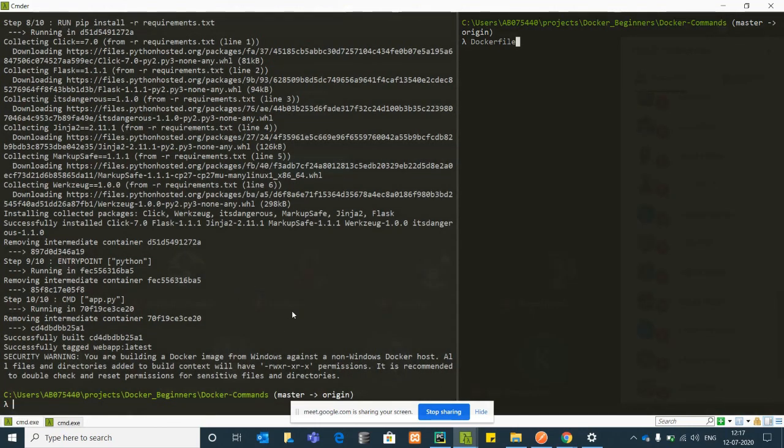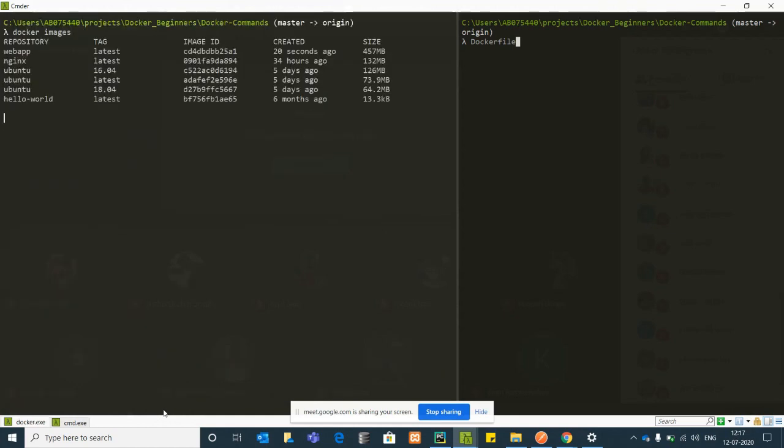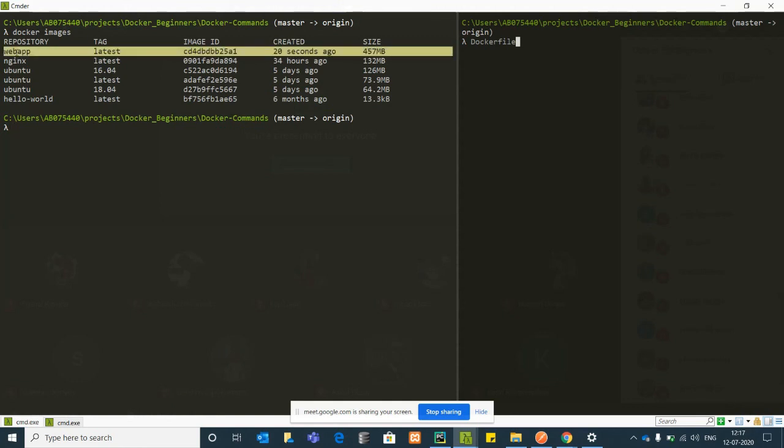Okay. Now I have built an image with the name web app latest, which is present in my local right now. Let me show you with docker images. You can see the web app image is generated. That is generated using the Docker file, and this image we can use to run our containers.